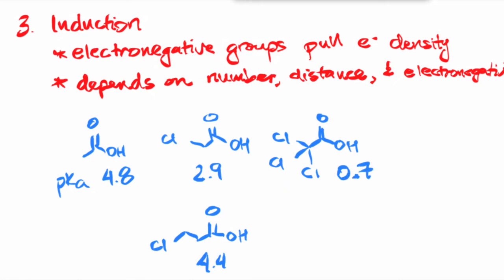And lastly, let's take a look at that electronegativity effect. Can we put a more electronegative atom on this molecule other than chlorine? Which atom is more electronegative than chlorine? Hopefully you remember fluorine in your electronegativity trend. Right, so if you put 3 fluorines on this, the pKa goes down even further. It goes down to negative 0.2. Okay, so this is the induction effect.